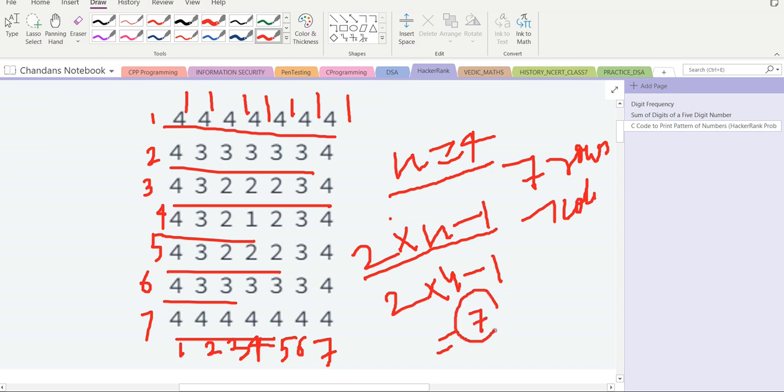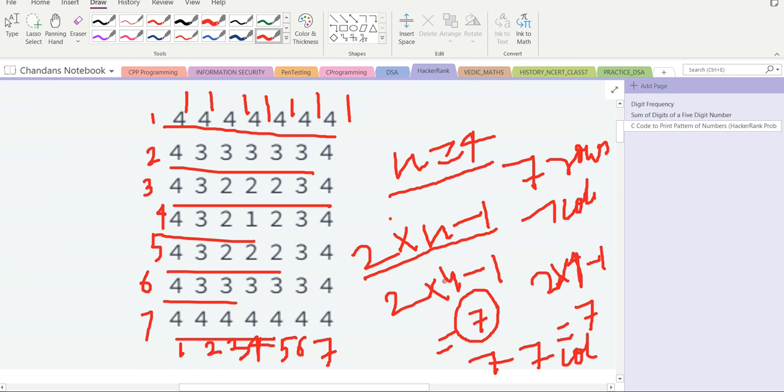So don't you think we are getting the number of rows, I mean the length of rows? And the column is also 2 into 4 minus 1, that is 7. So we are getting 7 rows and 7 columns, right?